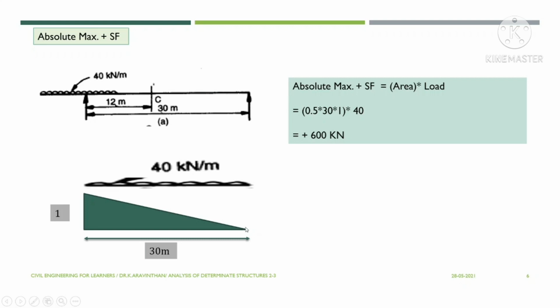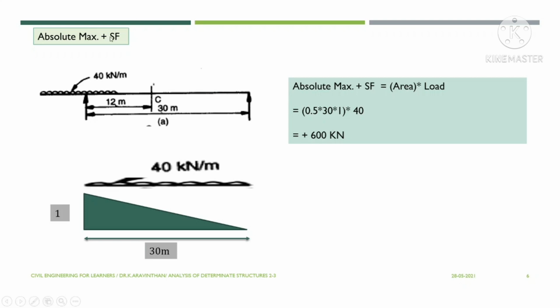While drawing this influence line, if you want to find the maximum reaction at any support, this is the influence line pattern. So if I draw this kind of pattern, I have to place this load at the right hand side of the point A. If you need the absolute negative shear force, in the sense you have to place the load just left hand side to the support B. So this is the condition. Okay.